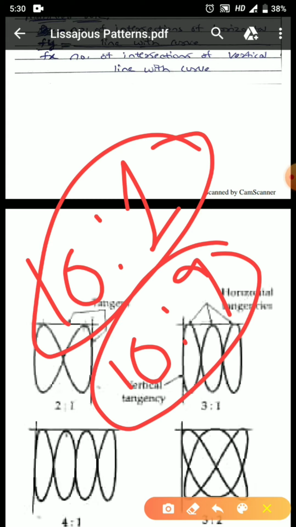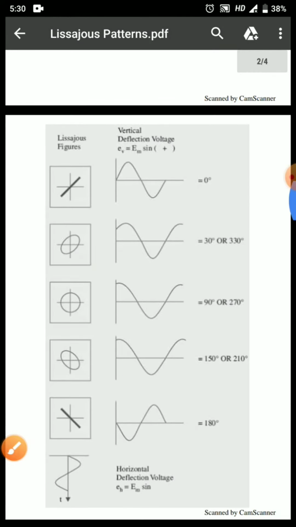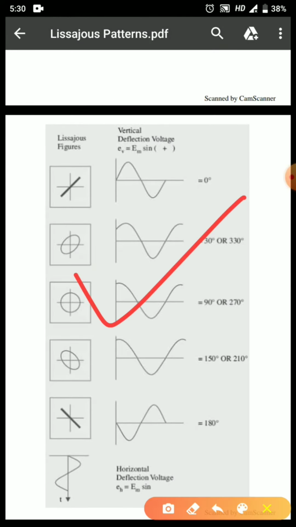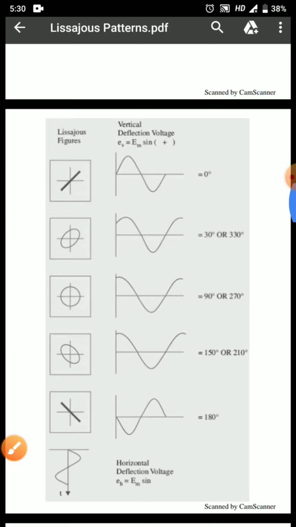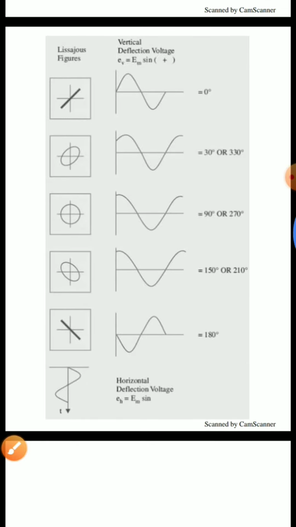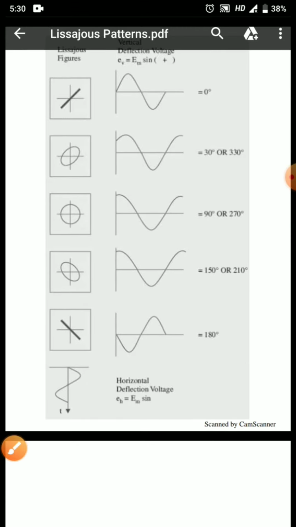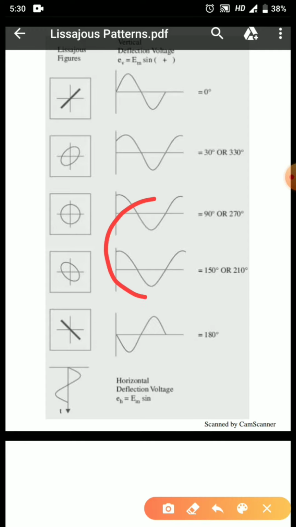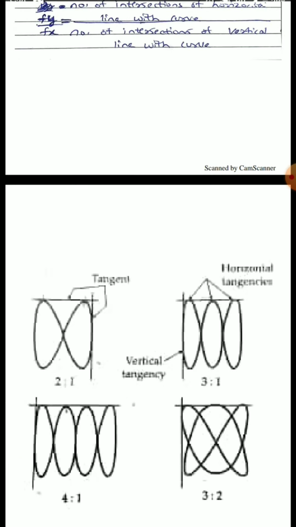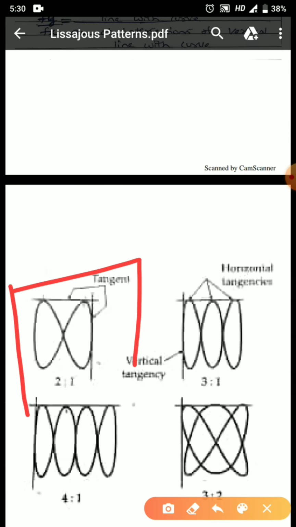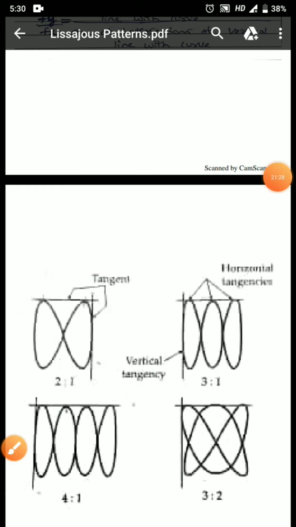frequency value. So by using Lissajous pattern, I can easily make measurements for phase, that is unknown phase values, that is what phase difference between two signals there is. It can be easily compared based on what pattern is sketched on my CRO screen. Then I can also measure the value of the frequency components based on what figure or what pattern is formed on the screen of a CRO.